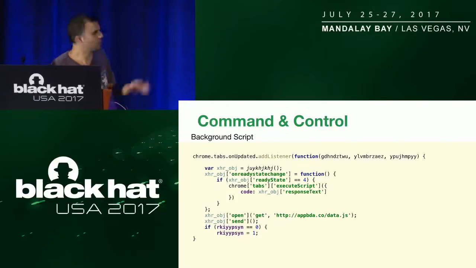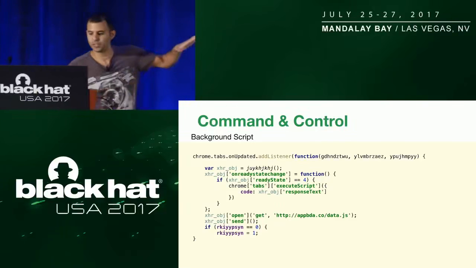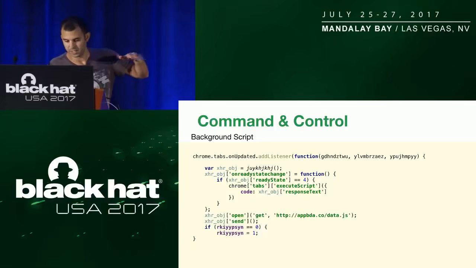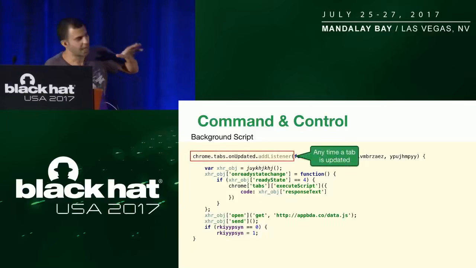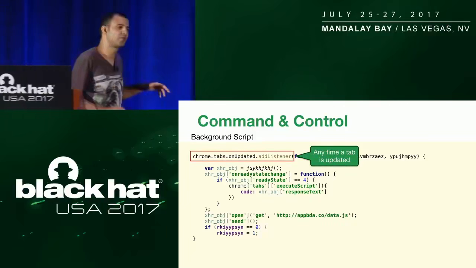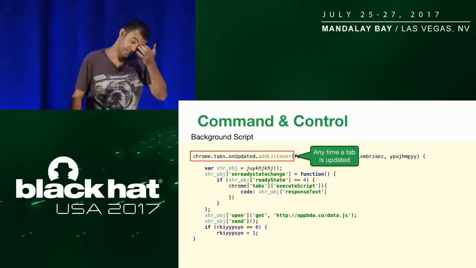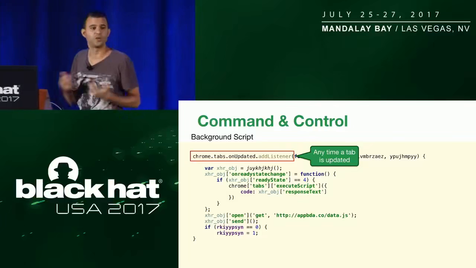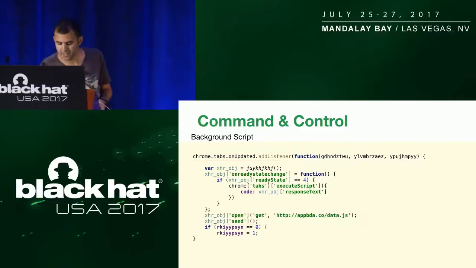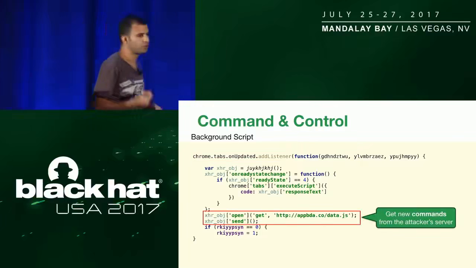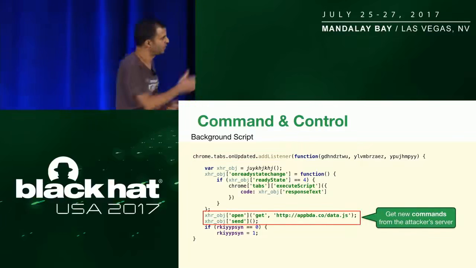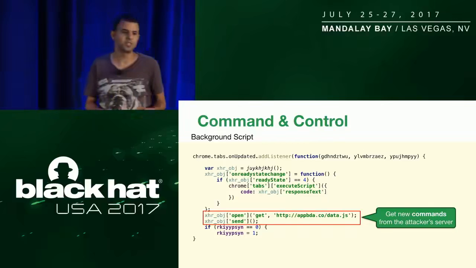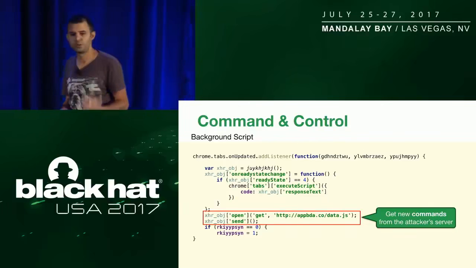What we see here, this background script, is actually the command and control system of the attacker. I'll explain. Let's see what it does. First, it adds a listener that is triggered every time a tab is updated, any change on any tab. Then it goes to a server belonging to the attacker, this is what you see here, and gets a file called data.js, which is the commands file to this bot